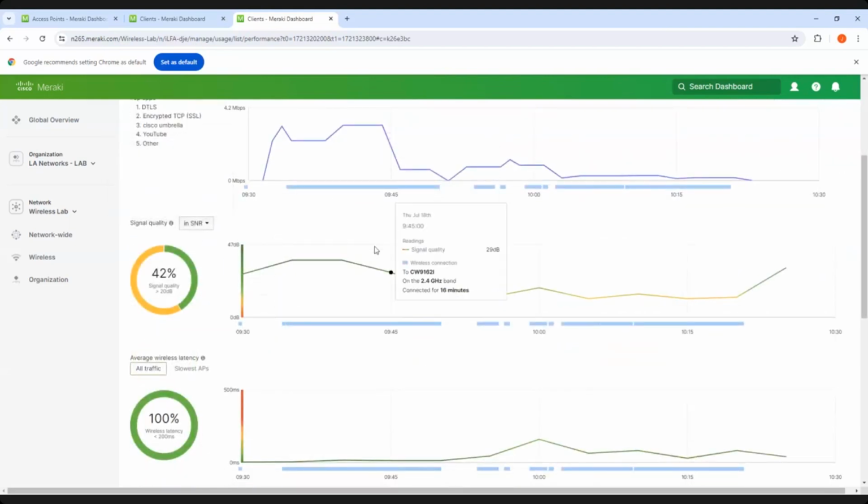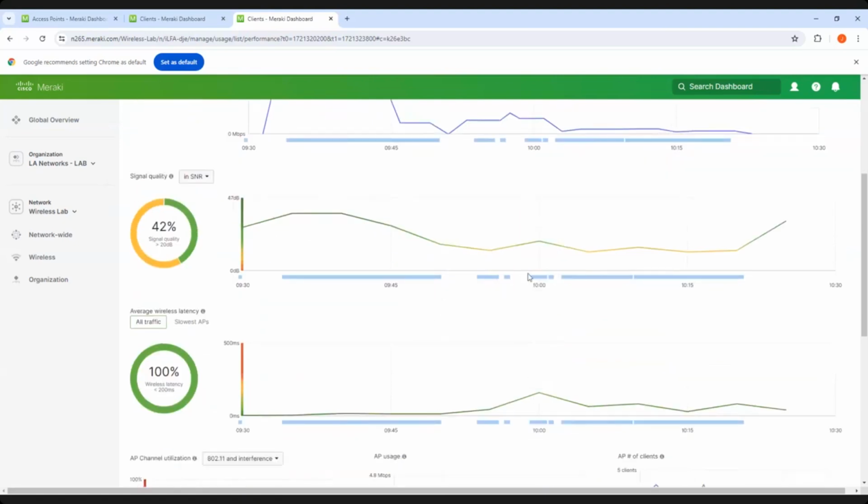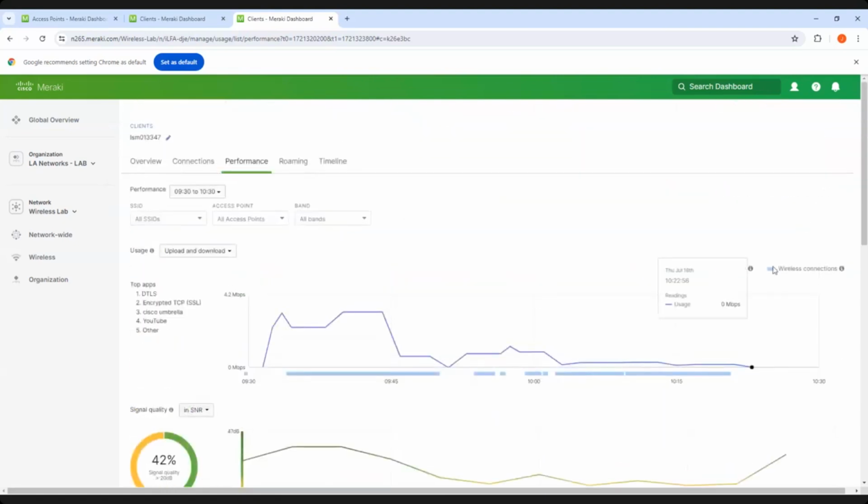Looking at the signal quality. From here, if you go to that specific timeline, it seems that the user was having relatively good signal strength up until a certain point, around 9:50. Just to let you know, this blue bar, if you look up here, is the wireless connection